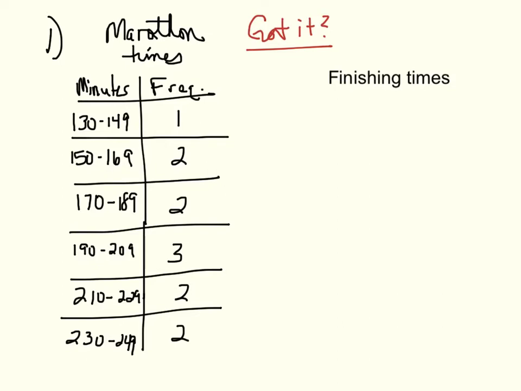So let's do the got it problem at the bottom of page 372. So we're talking about finishing times in seconds for the race shown below. What is a histogram? So I'm just going to title it finishing times. Now we only have positive values. So at the bottom we're talking about times. And the times, more importantly, you need to put seconds. And then over here on the side,